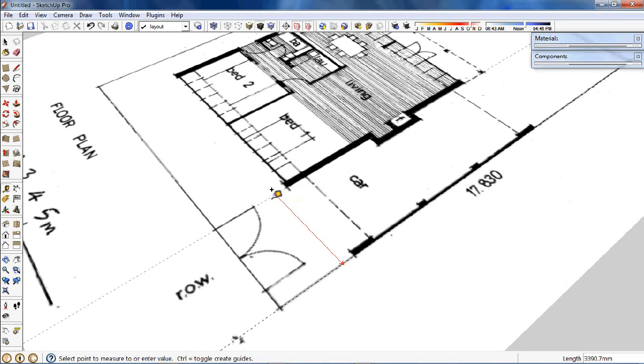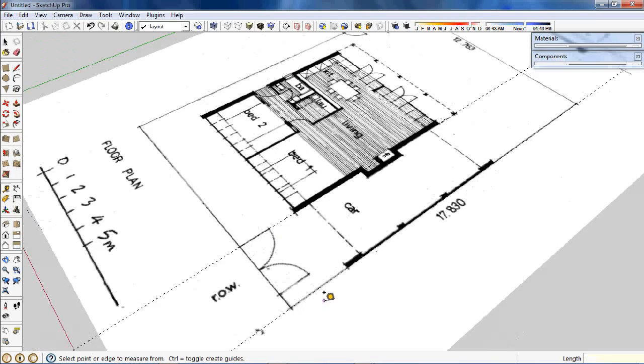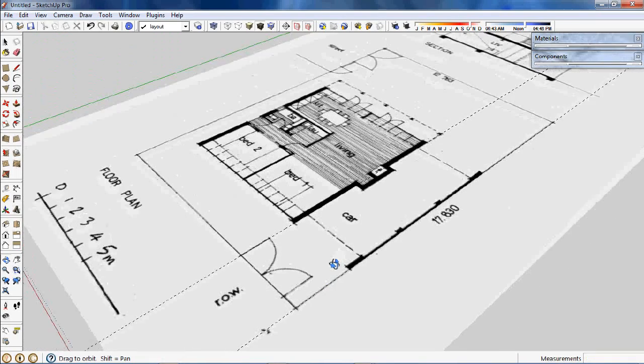So in my case it's going to be 3400. Should be the same for all of you. So we're going to type 3400 and press enter. So we've now created a construction line from the boundary of the property that is 3.4 metres away from the